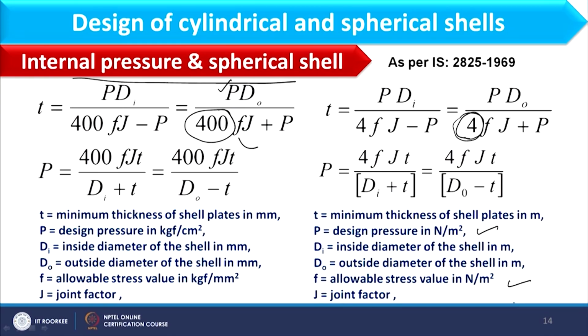And we have already discussed that this T is the minimum possible thickness which should be provided to withstand pressure P. So, that thickness is the minimum possible thickness that will be maintained throughout the operation of the plant, of the vessel. Okay. Now, if you remember the terminology lecture, which is lecture 4 of week 1,